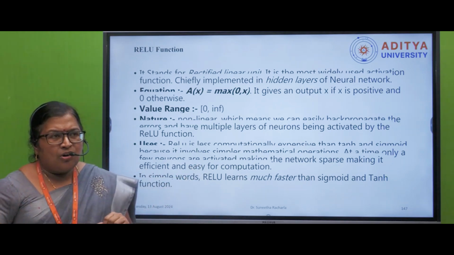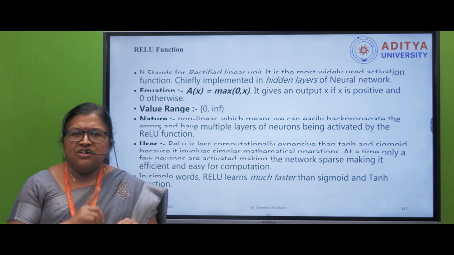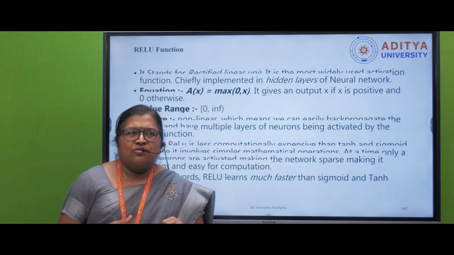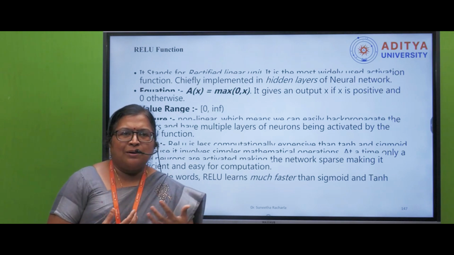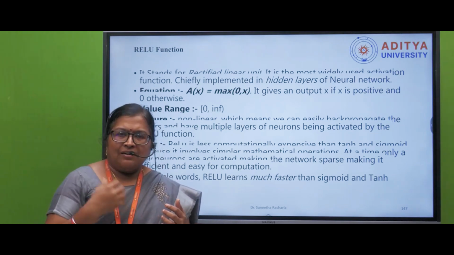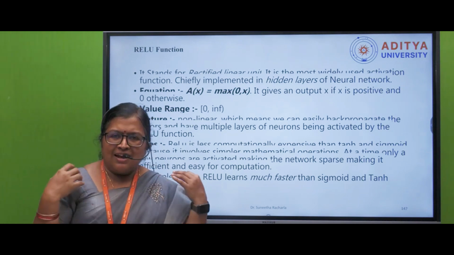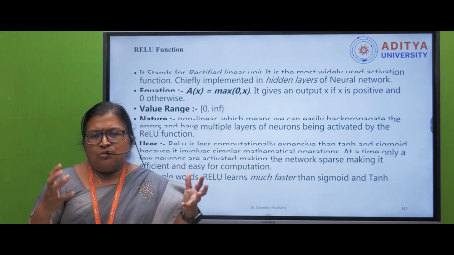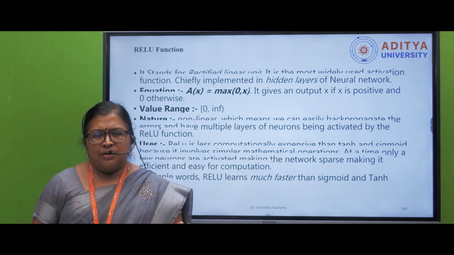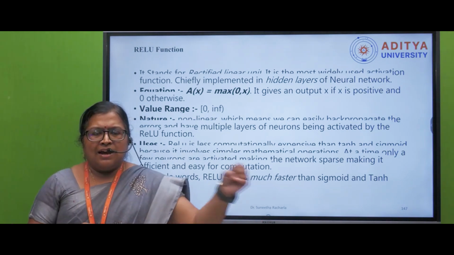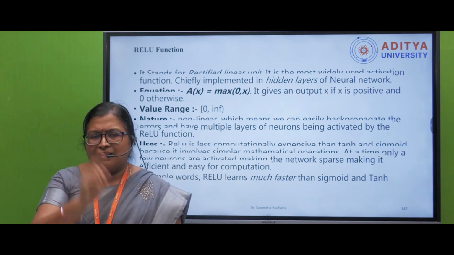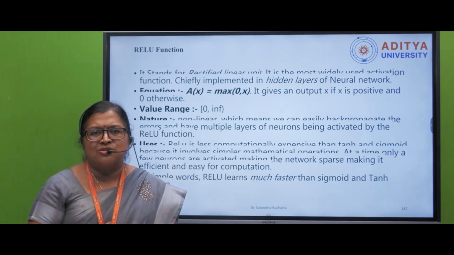And compared to all other activation functions, ReLU is the best activation function and very easy. So when you are doing a neural network program, and at a particular layer you don't know what activation function you have to use, then happily you can use ReLU. There won't be any disadvantage at any point. It will only take the positive values and ignore the remaining values. So at the hidden layers, the best option is using ReLU.